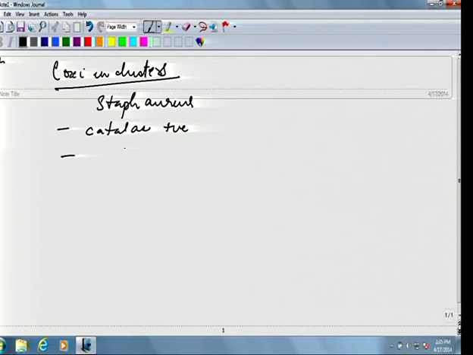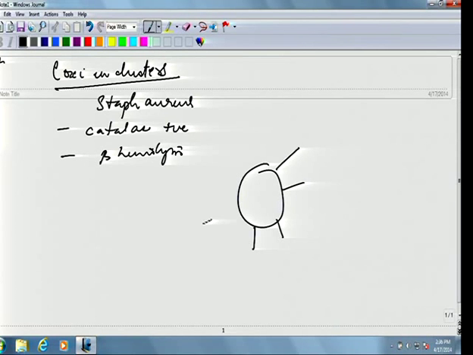Other characteristic of Staph aureus is beta hemolysis. These are all the characteristics. It shows beta hemolysis on blood agar. Now, what are the important virulence factors produced by Staphylococcus? You have coagulase, then you have protein A, then toxic shock syndrome